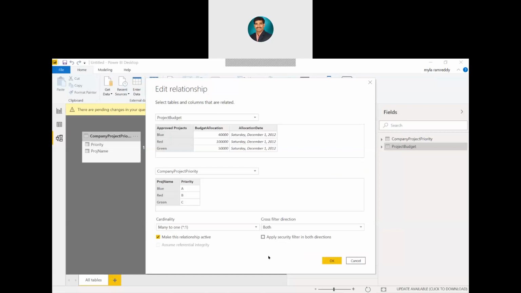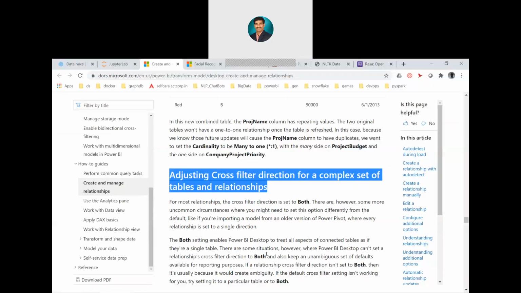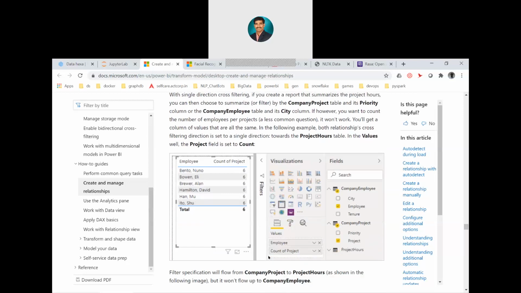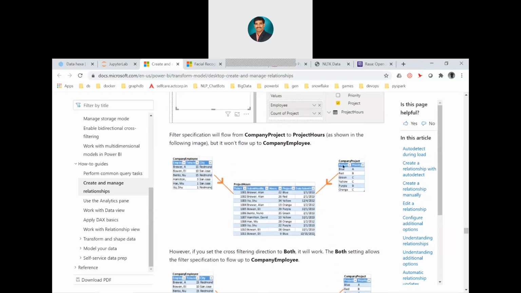We need to understand when single direction will cause some kind of trouble to us. If I give single direction, in what scenarios will it not work as expected? For example, I have here three tables as shown below. One table is known as company project. We have the project name and the priority. Second is known as project hours. For example, blue is the project, hours is 22,